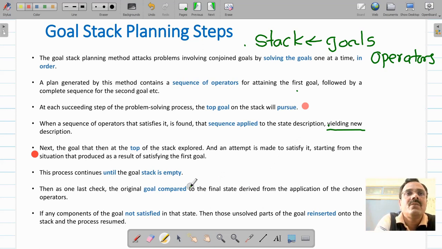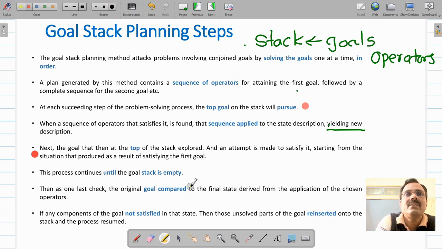On that stack you are going to store initially the goal that you will have to satisfy, you will have to achieve. To satisfy that goal, now we have a database. That database contains operators and the current state of the world. That means the current state of your problem domain. Then we are going to find a suitable operator which you can use to satisfy that inserted goal.